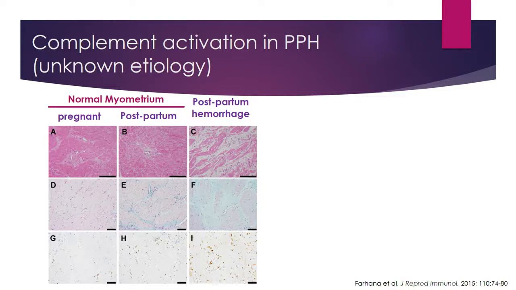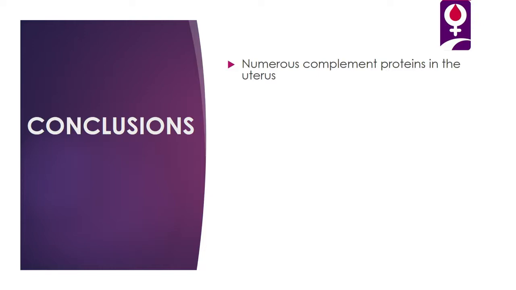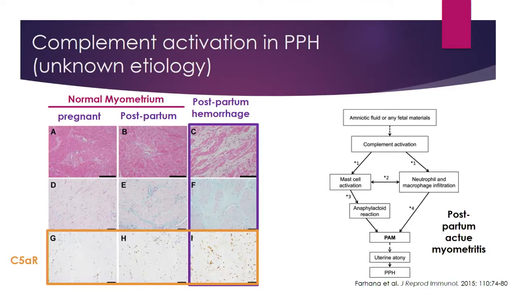And what they looked at was C5a receptor, and they looked at other inflammatory markers as well. The one thing that showed prominent differences was increased neutrophil trafficking, as well as increased C5a receptor present in the myometrium. You can't see it here. There's no C5a receptor staining in pregnant uterus or myometrium, and then in postpartum, but markedly increased in the